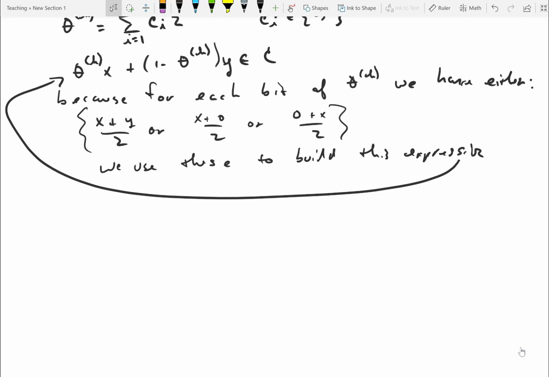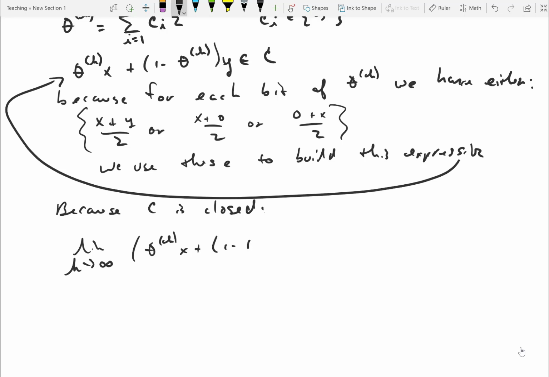And now what we want to do is show that this holds for an infinite number of bits. And it simply does because the set C is closed. So because C is a closed set, the limit as k goes to infinity of theta to the k x plus 1 minus theta to the k y is equal to, now keep in mind this is not exponentiation, it's saying how